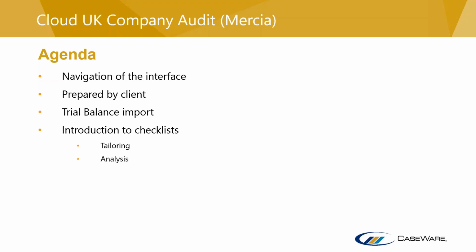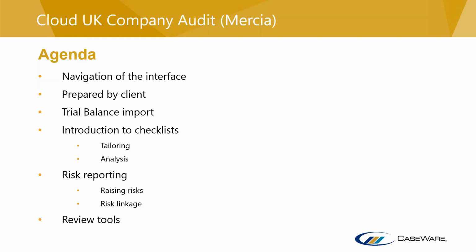We'll show you some of the analysis elements, so quite a lot of the visualization aspects within the product. And we'll also look at starting to build up the risk reporting side of it. So we'll just give you an overview of how the risk all hangs together. And that's from raising risks through to linking them through to individual procedures, so we can start seeing how we conclude those risks. What we'll also look at is some of the review tool elements. Now, some of the review tool elements will sit within our checklist part of the process. So you'll be able to see how all of that ties in together as we work our way through the